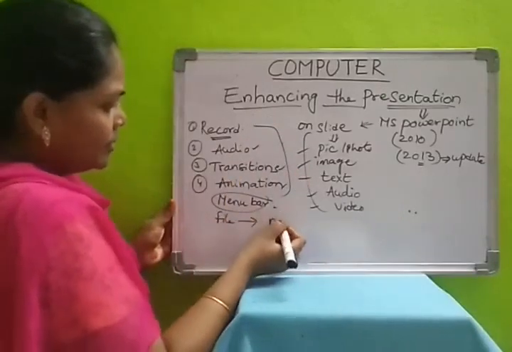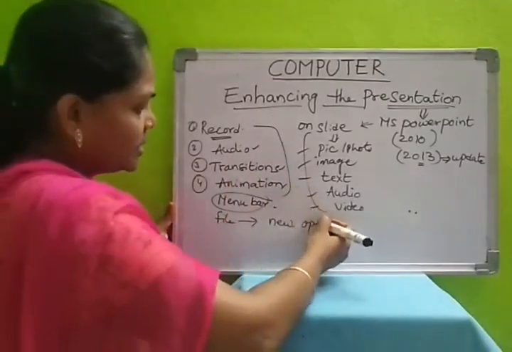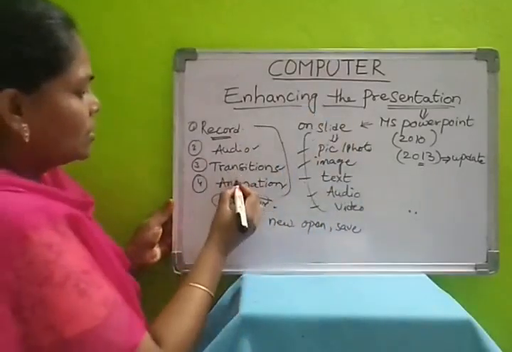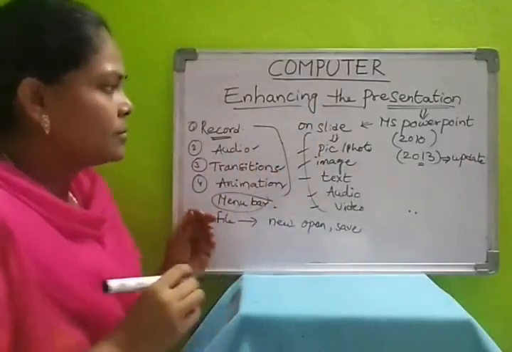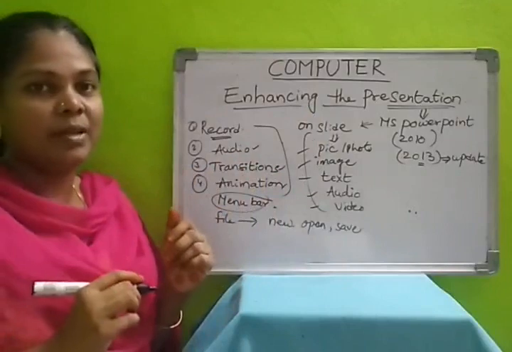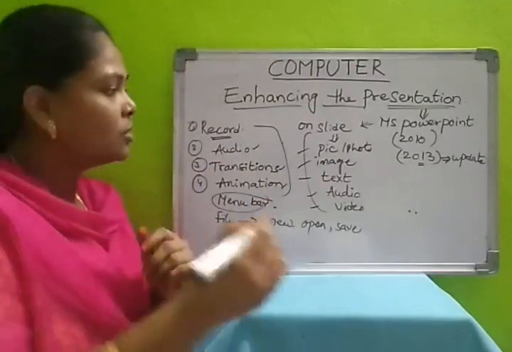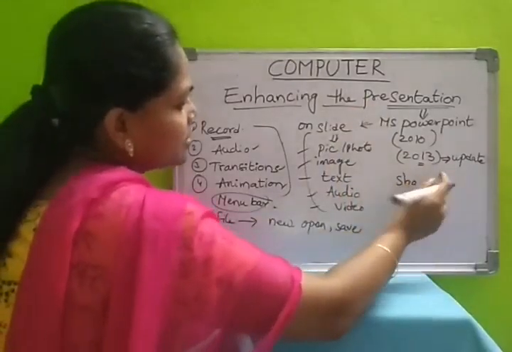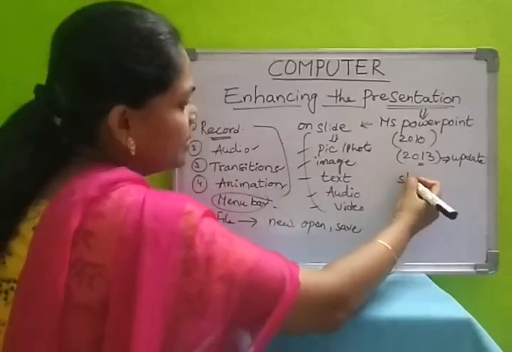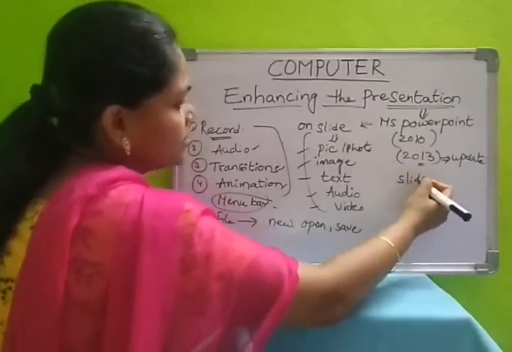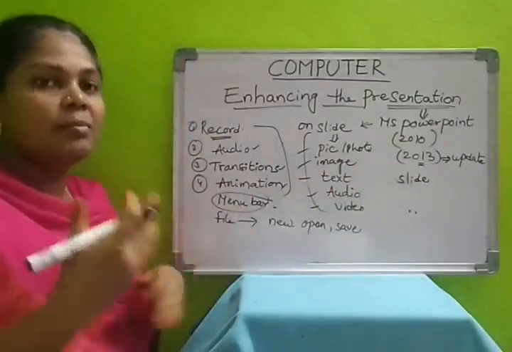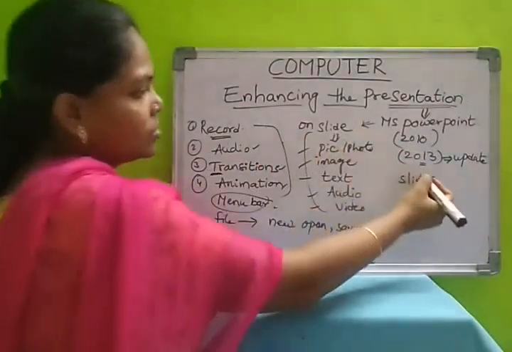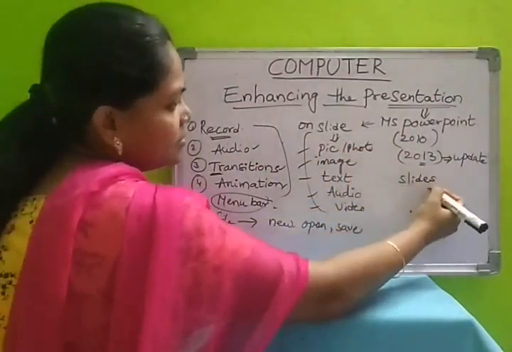In the File tab we will know how to open a new one, open an existing one, and how to save any presentation with a name. All this I will explain in the system so that you can understand and remember better. Okay children, how do we give the slides? After preparing all the slides, we have to play the slideshow. We play the slideshow without touching the mouse, without any mouse click. We can play the slides one by one by giving the timings in the transitions.